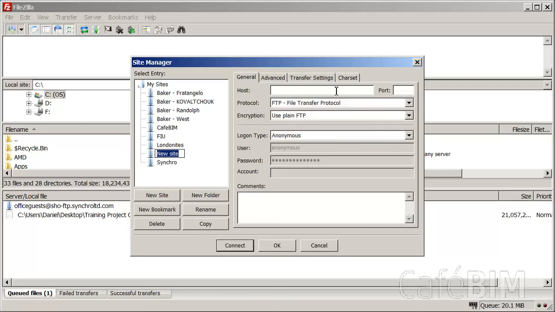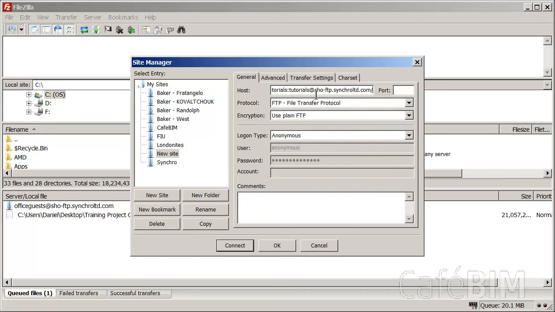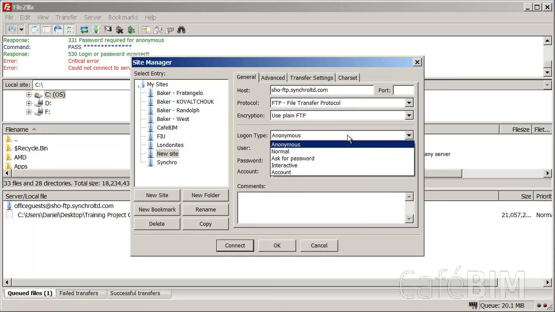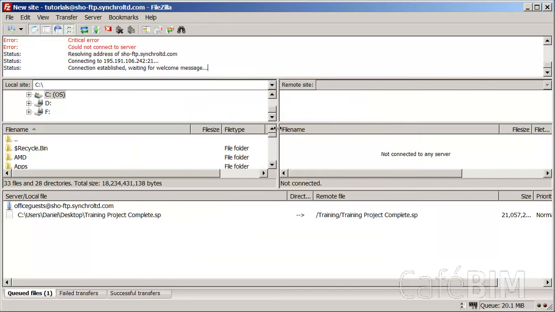Click on New Site. Go into Host and paste the FTP address, which should start with show-ftp. For logon type, go to normal, and then for user, type in tutorials, and for password, it's the same thing as tutorials. Hit connect,